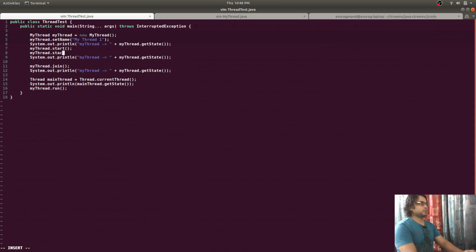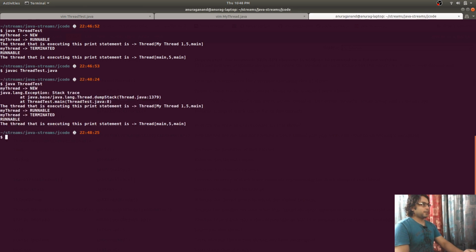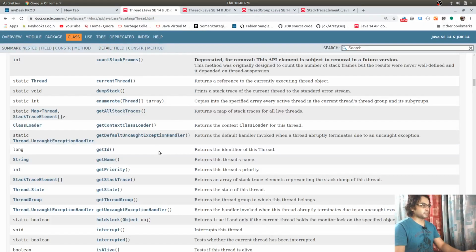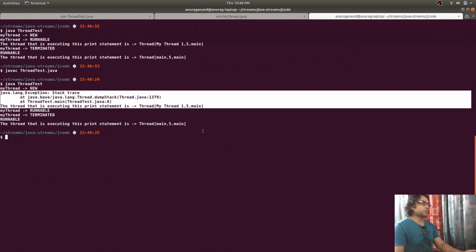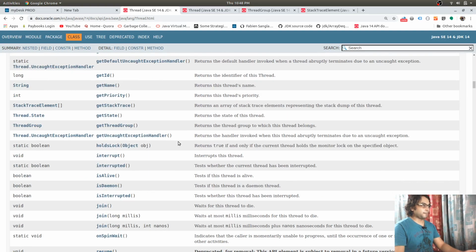Dump stack, you can use this method. So this is the stack trace of our thread, my thread 1. Similarly, we can call this function on the main thread, and we'll get a similar result.